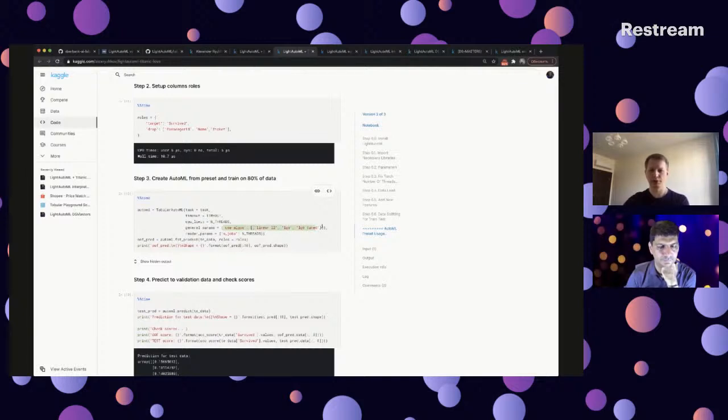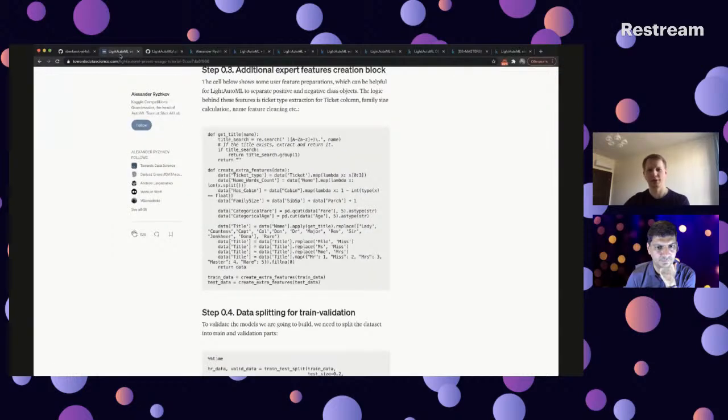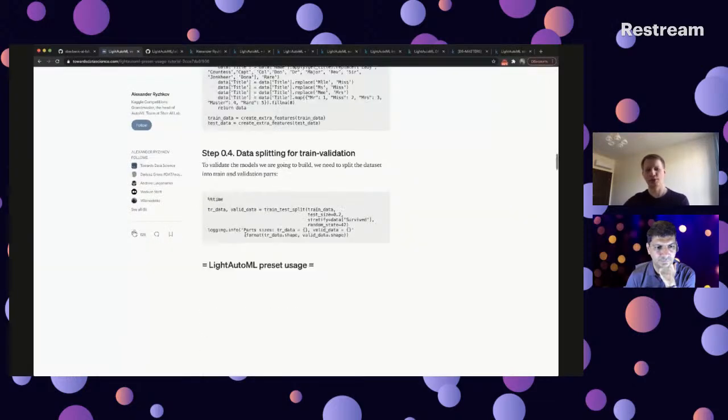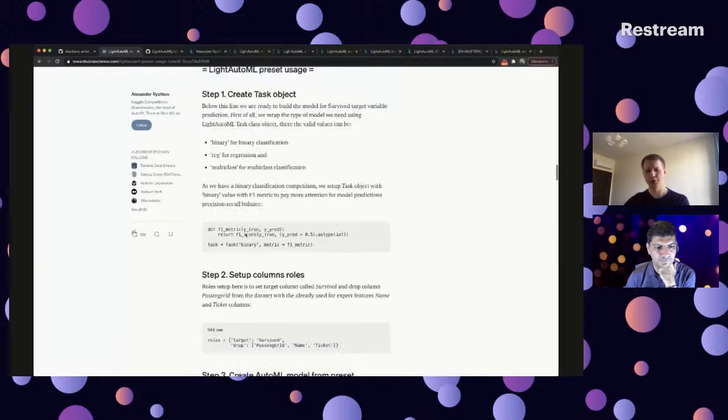So here we use three algorithms on the first level of stacking, and as we don't have a second one, it will be just a weighted average composition, which can drop unnecessary models to make the model faster. And if you need, for example, to build stacking with 3 or 4 levels, you can do it